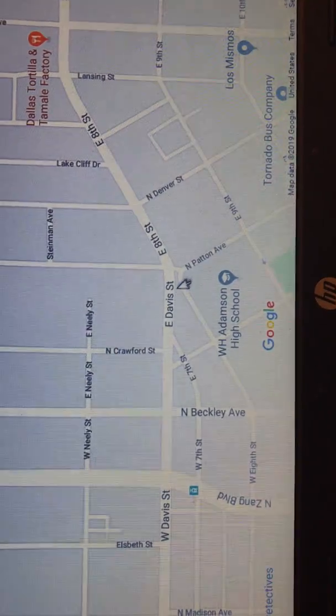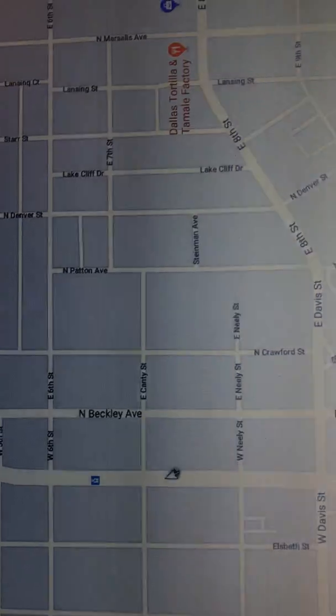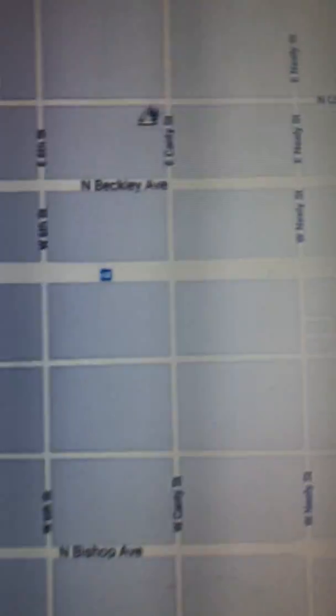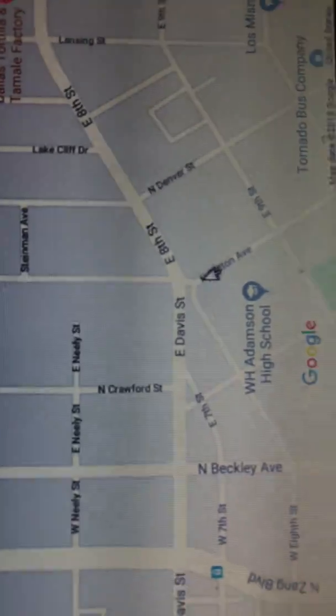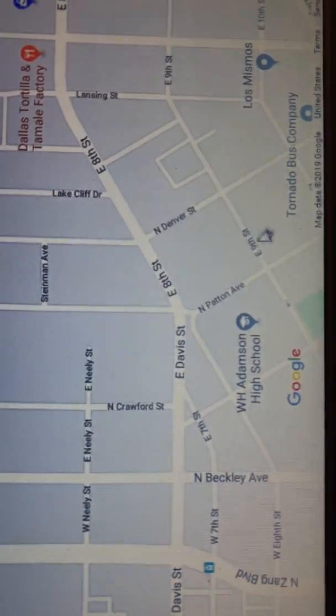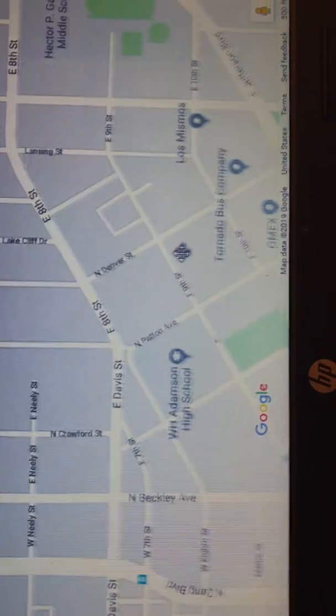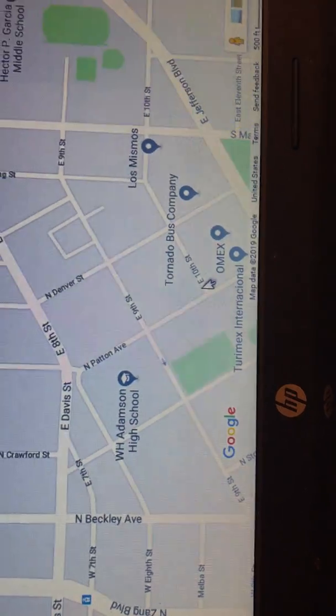Takes this route down Davis, so Beckley. He comes down Beckley, down here to Davis, takes Davis to Patton, and then gets to 10th and shoots Officer Tippett